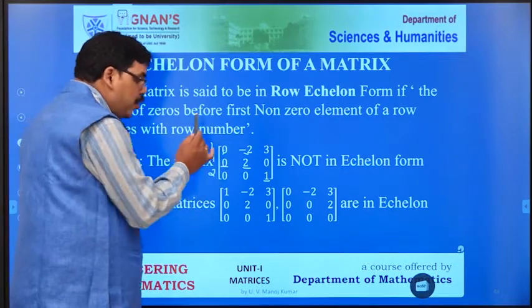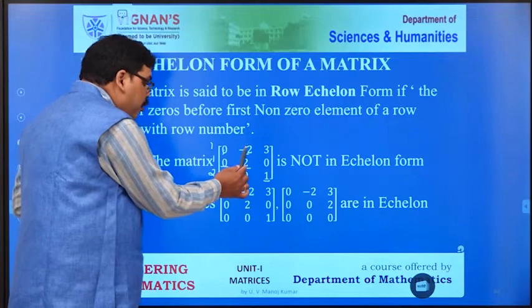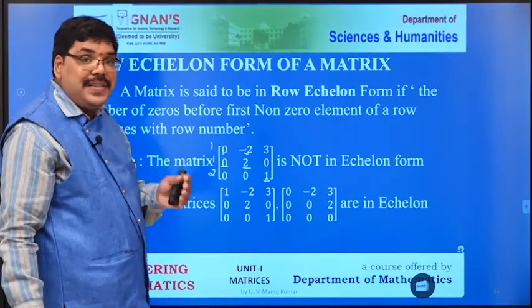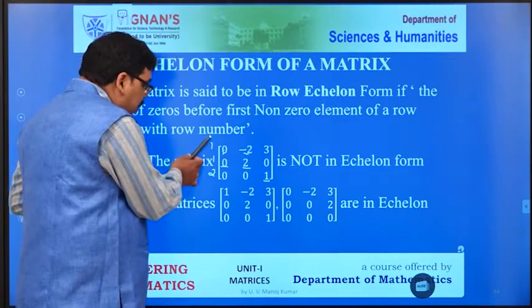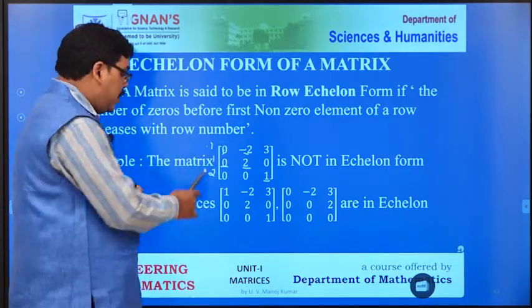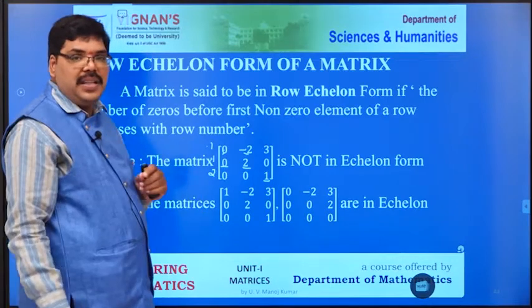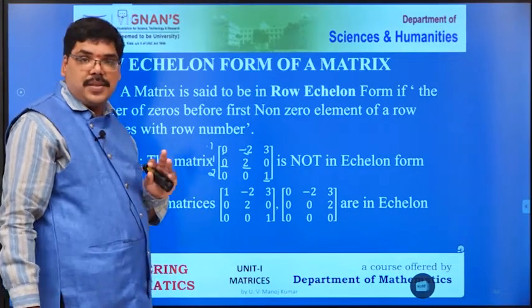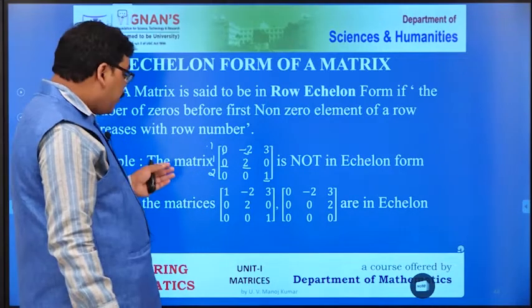Number of zeros before the first non-zero number should increase with row number. Are they increasing? Here 1, here also 1. They are not increasing. So this is not in echelon form. The first example is not in echelon form. Come to the